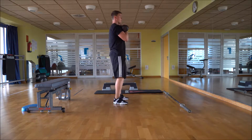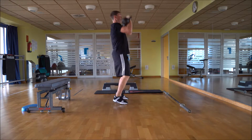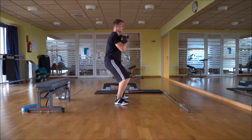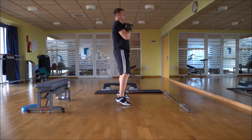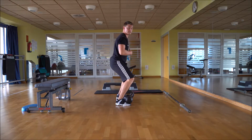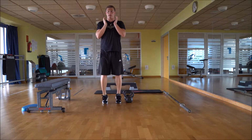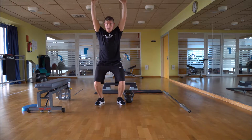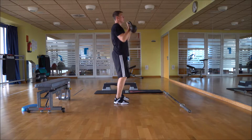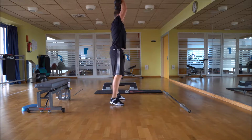We're going to start from like a quarter squat position, and then we're going to fire the kettlebells up, and as we triple extend, we then go to triple flexion. Our feet go a little bit further out, our abs need to stay stable because we don't want to hyperextend, and you go from here to here with your arms overhead, and then you stand up. That's one repetition. I'm going to demonstrate that once again, once with the side view and once with the view from the front. We go up, stand up,